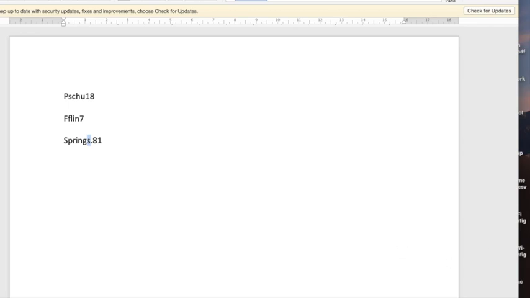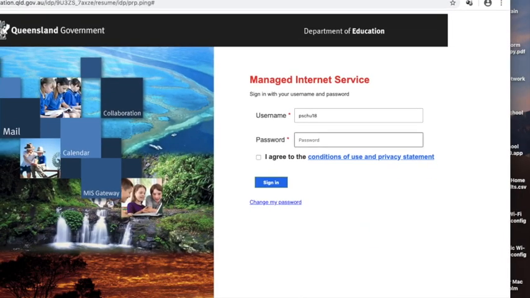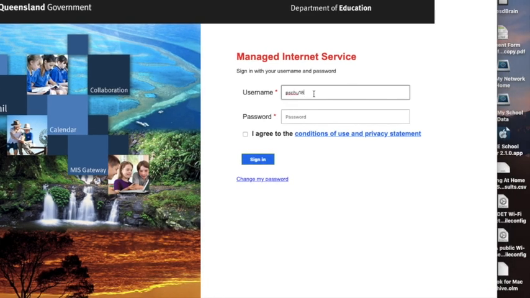Now, there are 2 different ways, well, more than 2, but there's 2 predominant ways that people will get into the Learning Hub. You may have been running off a link going into a web page that your class teacher has emailed you, and that takes you to a page that looks similar to this. If this is the case, you put in the student's MIS ID, and then you put in their password, case specific, remember, and then you click I agree to the conditions and sign in.